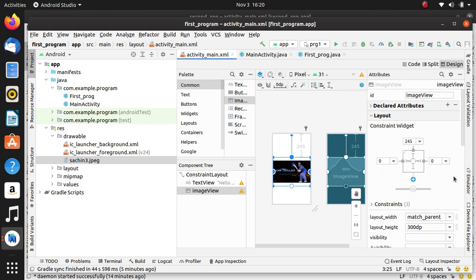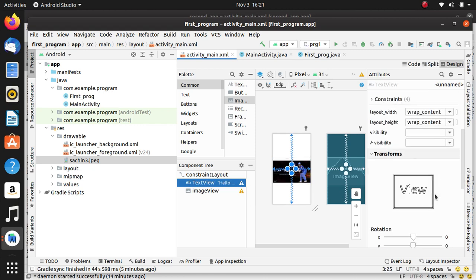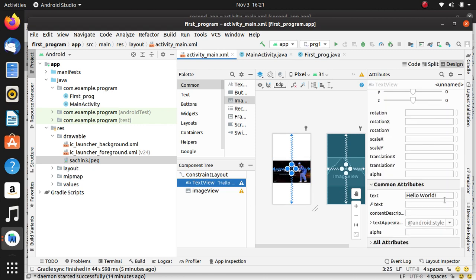Now if you want to change the Hello World text view, I want to change it to First App. Now after that you will see the XML code.